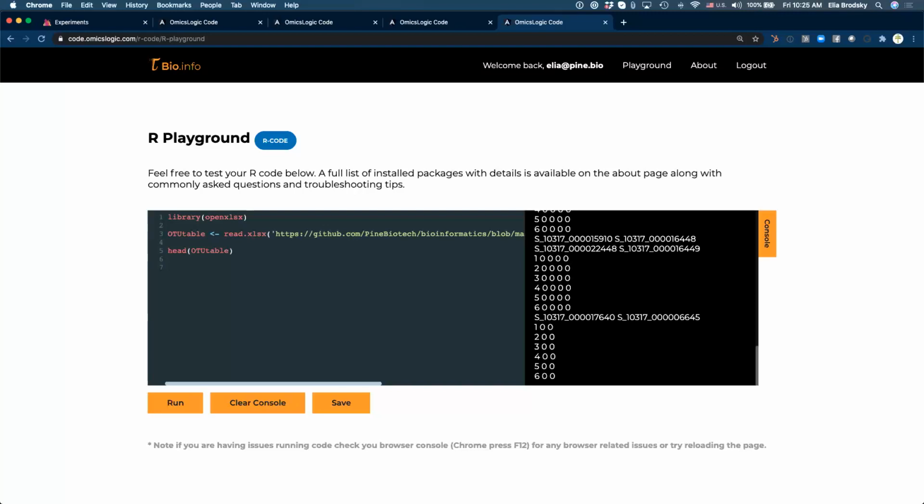Yeah, you have to keep the library with a lowercase l and without a space.